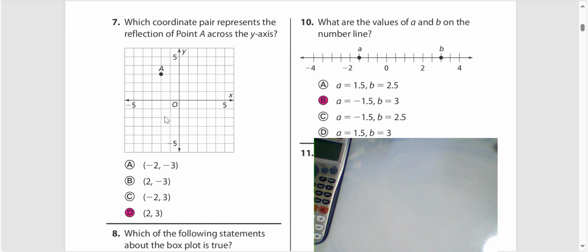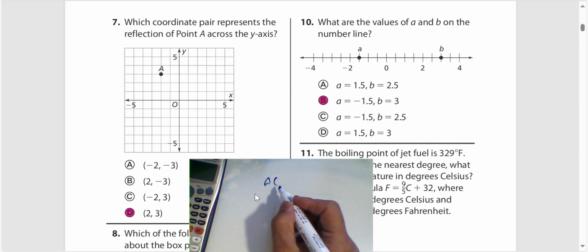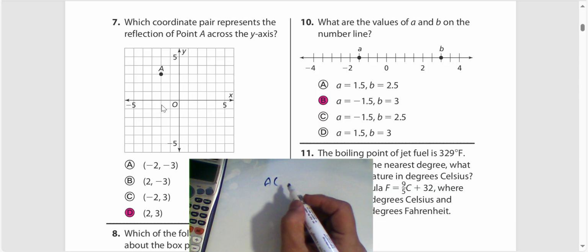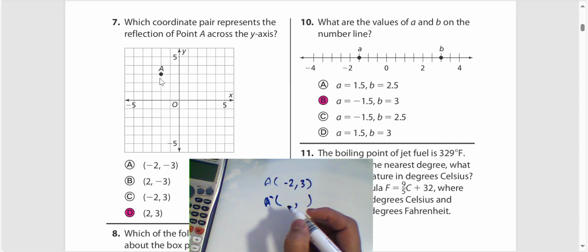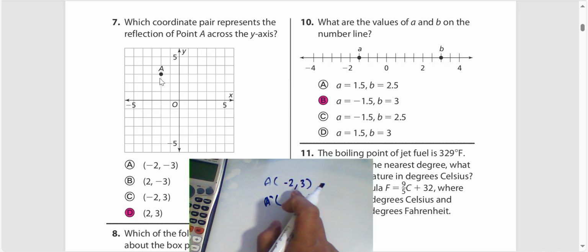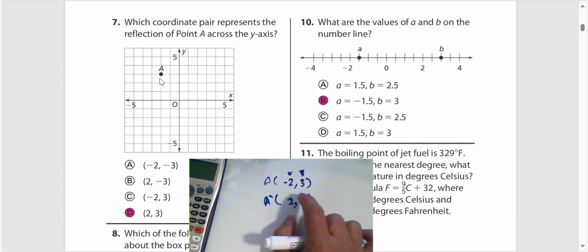Okay, so in this example, first find the coordinates of point A. The coordinates of point A will be -2 on the x-axis, going up 3 units: -2 and 3. Then A dash, he wants the reflection on the y-axis, we must keep y and then change the sign of x. If you want to find the reflection of a point on the y-axis, we must keep y and then change the sign of x. The result will be 2 and 3. Change the sign here, 2 and 3. Okay,